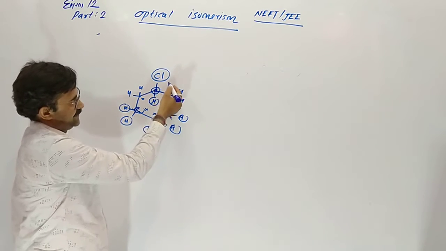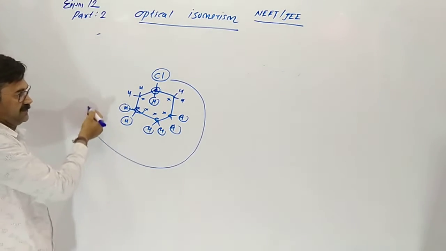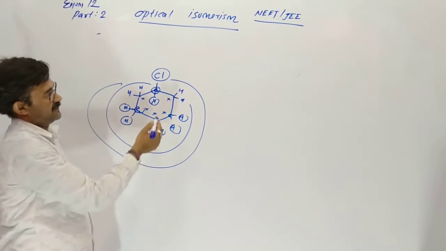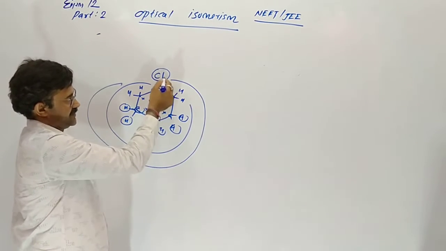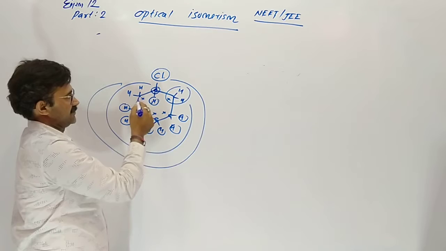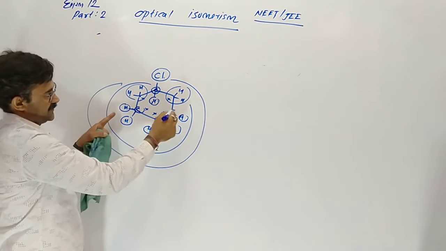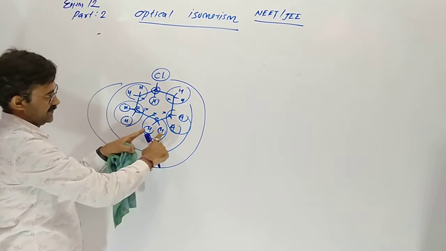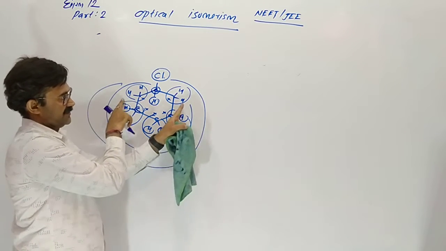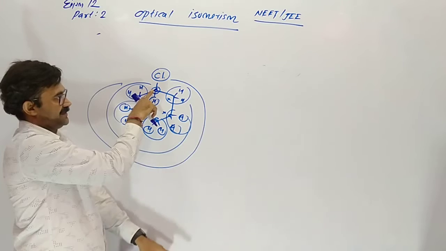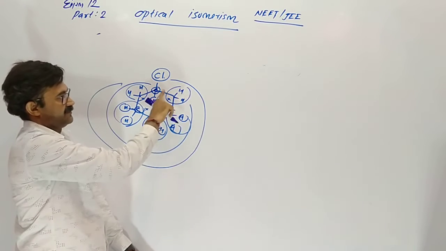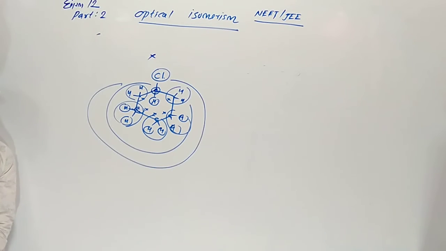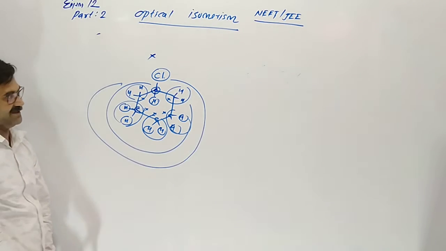Now in the ring we have to start from here to here, and from this side here to here. The carbon containing H and Cl: this side CH2, this side CH2, same. Here CH2 same. Once again CH2 same. Then here CH2, same on both sides from where the ring starts. So this is not optically active. Yes, due to the ring.